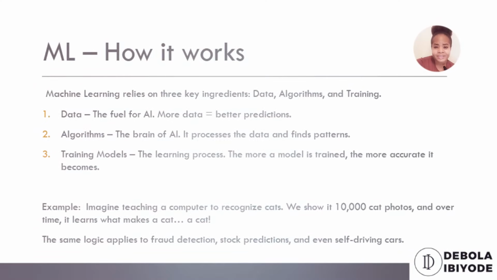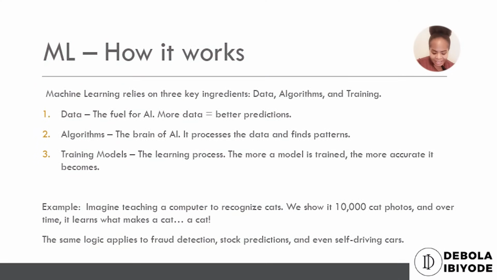Now the third one, which I've labored a lot in this video, is the training, and we call it model training. That is the part where the learning process happens. It's the part where you apply the algorithm on the data to train the model, right? Because that model becomes, I would say in this case, the core of the AI system, because the AI system will run on that model.